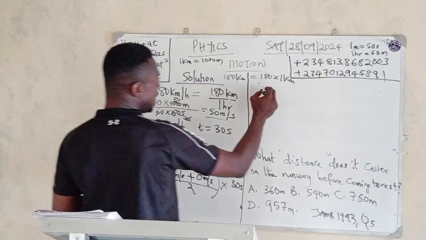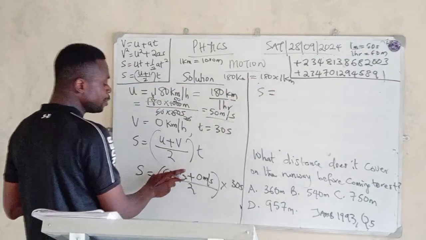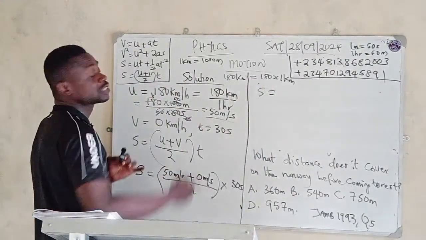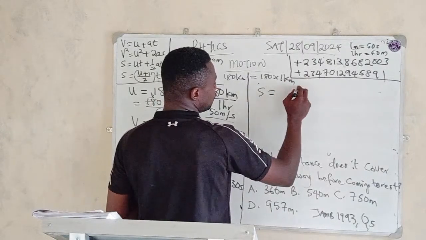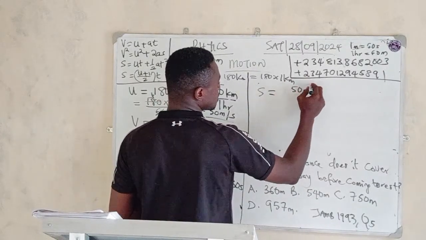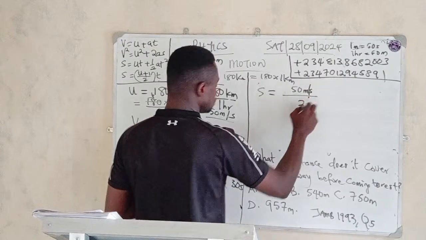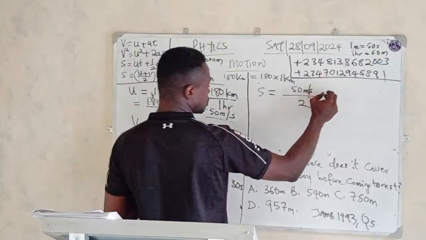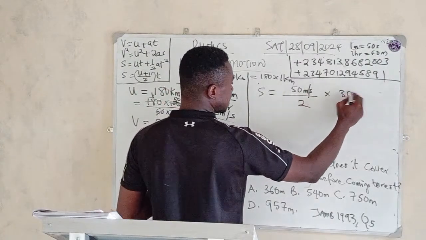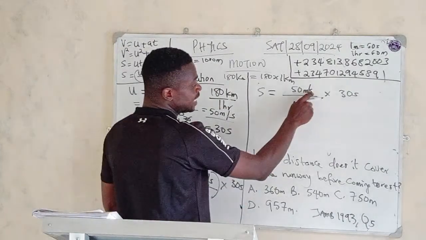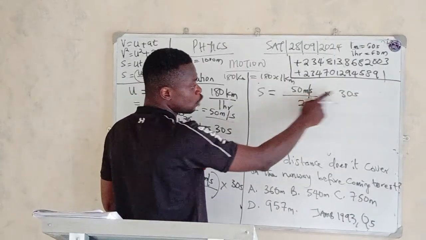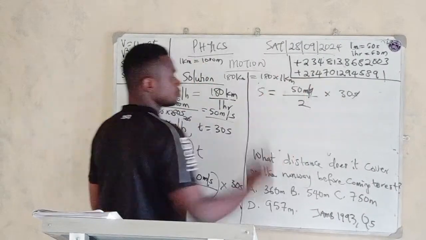So let us continue. S is now equal to 50 meter per second plus 0 meter per second, which is 50 meter per second. So we have 50 meter per second over what? 2 times what? 30 seconds. Remember that this is per second, so this per second will cancel the second. So we are left